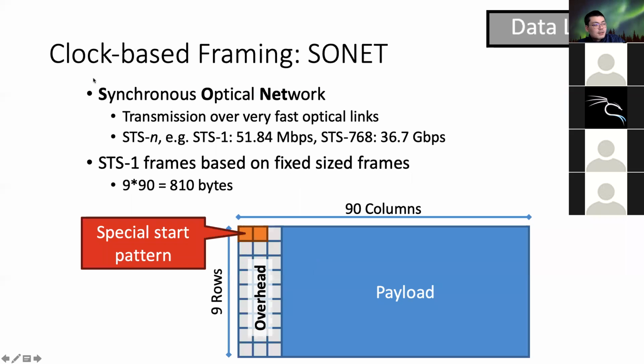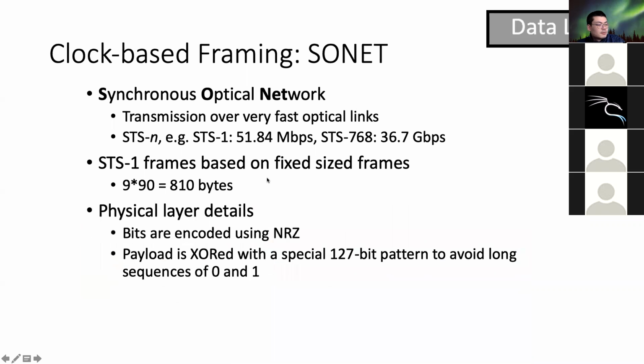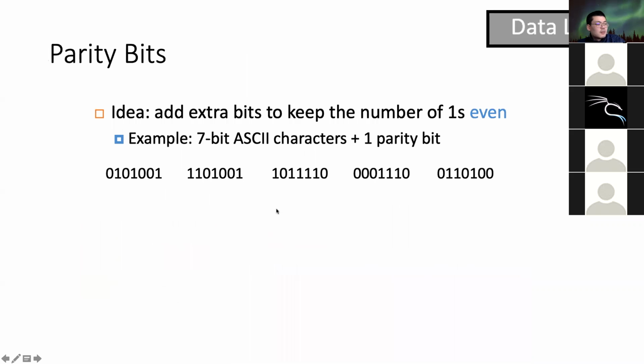The third method is called clock-based framing. This is really for optical networks with very high bandwidth. Because everyone has a clock, you can align easily, so that's no longer a big problem. So yeah, these are low-level details. After we know how to delineate the boundaries, that is, how to delineate the bits into frames,